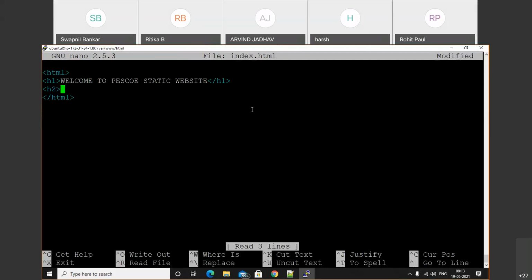Here we can add the h2 tag also. If you want to perform this task, we need to understand the concept of HTML. Use the h2 tag: Welcome to static website. Also here we add the body tag, and we can add a bunch of options here, like the paragraph tag.